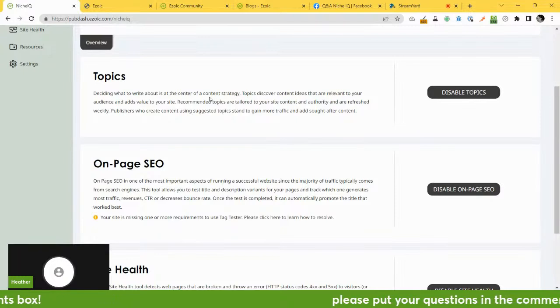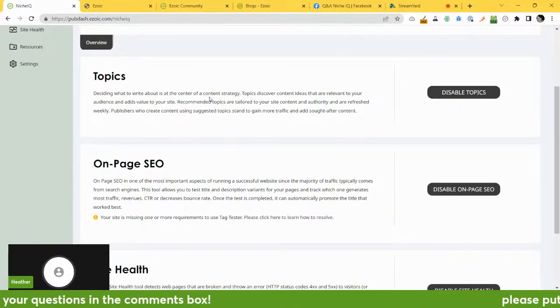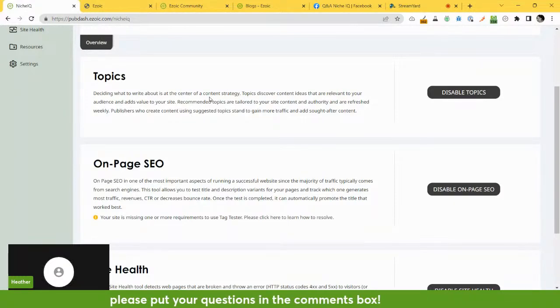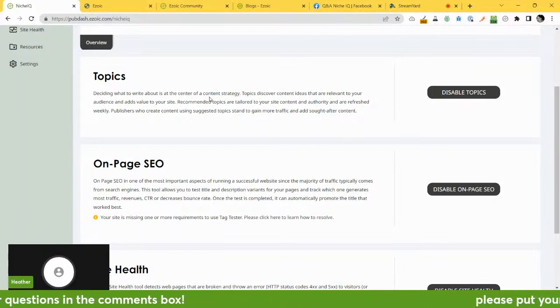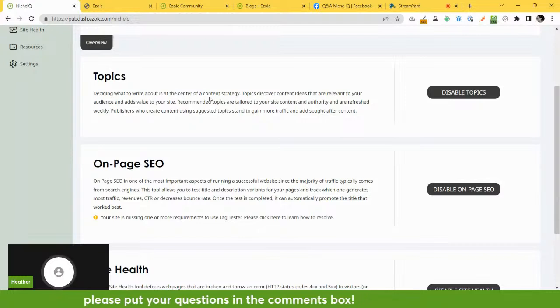So if you're a smaller site, sometimes it can be really hard to find those keywords that you can realistically rank for and then start getting traffic back. Topics takes this decision process away, so that in front of you, you've got those evergreen topics. All you need to do is look through the topics, find one that you would like to write about, put the SEO together for your website page, obviously add your imagery as well,